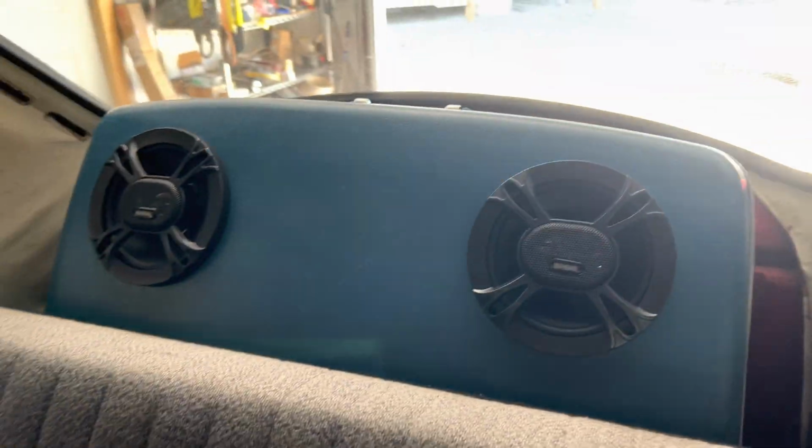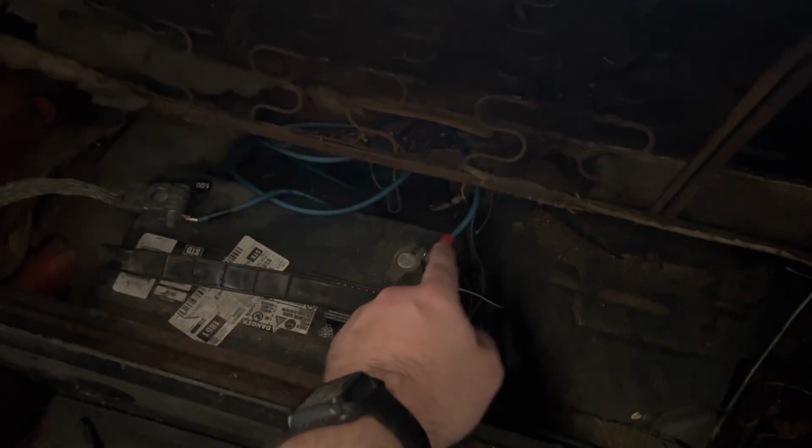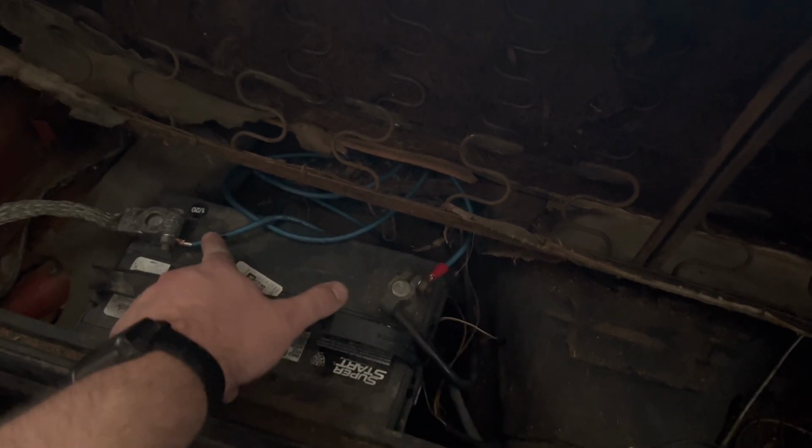All right, guys. So there's the box in there. Get the speakers in it and got it wired up. I'll flip up and show you the wires here. So there's our wiring. We just ran it literally from there down. Got hot, got the ground, and then we ran a signal wire over here, and you can't really see it, but it's hooked up to